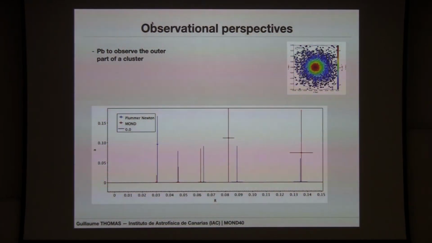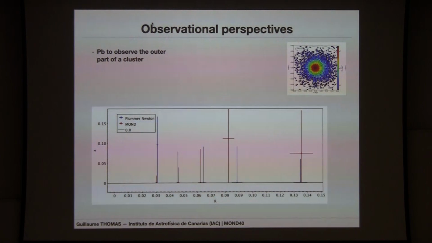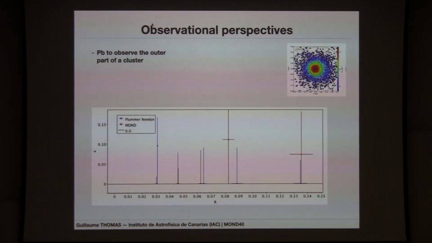But I think this is one part of the job. It's really on the theoretical side on MOND, to see what prediction you can make in MOND. You can also just use that on the observations and see if globular clusters are symmetric or not, which is completely agnostic in that case, just to see if the strong equivalence principle is respected or not. And that's extremely interesting because it's completely agnostic. You don't have to assume Mondian or Newtonian behavior. You just look at the observation and see if it is asymmetric. Then you can discuss tidal effects. But for most of them, you know that you will not be affected by tidal effects. So the lopsidedness can just be explained by the breaking of the strong equivalence principle, which I think is a really nice step to take.